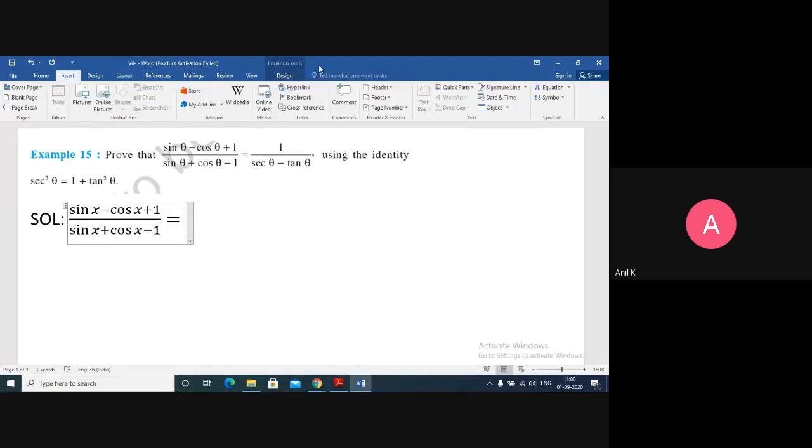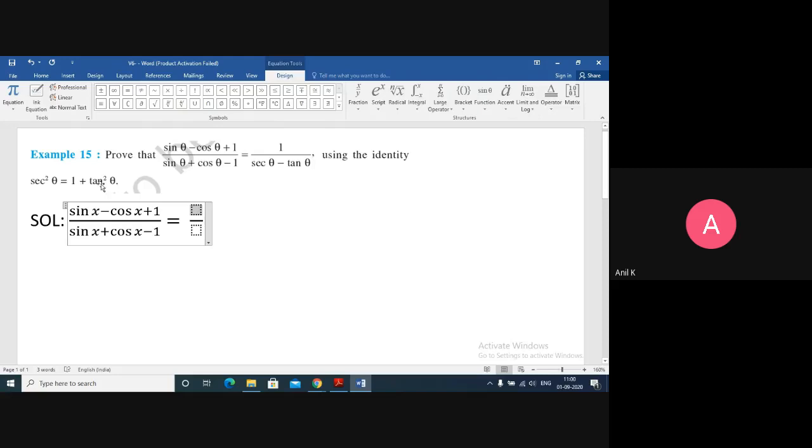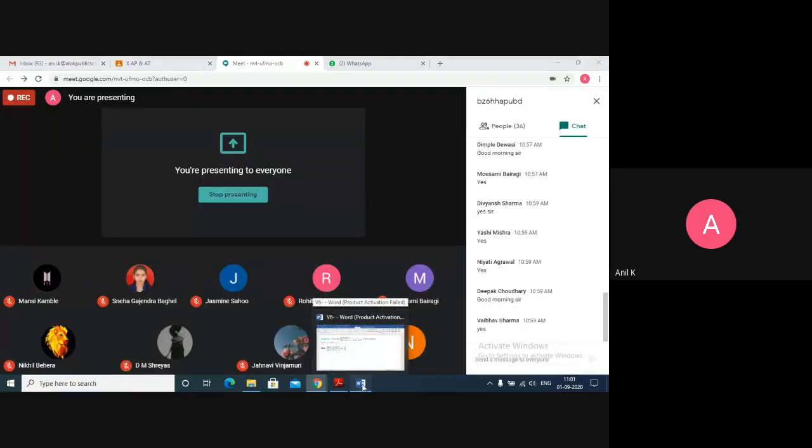Okay, then the equation. So what we do is use sec square theta equals to 1 plus tan square theta. First of all, my terms should be in terms of sec and tan theta, but the given terms are sine and cos. And here theta is given. I'm using x in place of theta because writing theta every time takes time. So I'm replacing with x. So what I do here is I divide each and every term with cos in the numerator as well as in the denominator. If I divide each and every term, the equation won't be wrong.